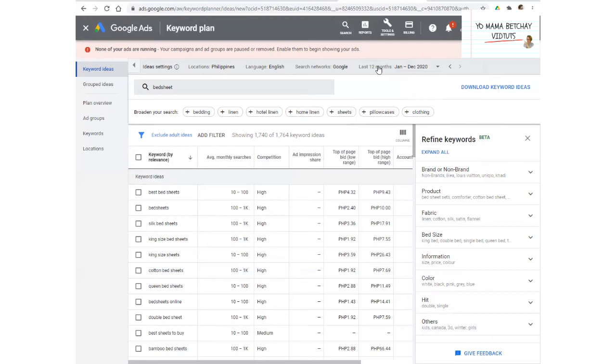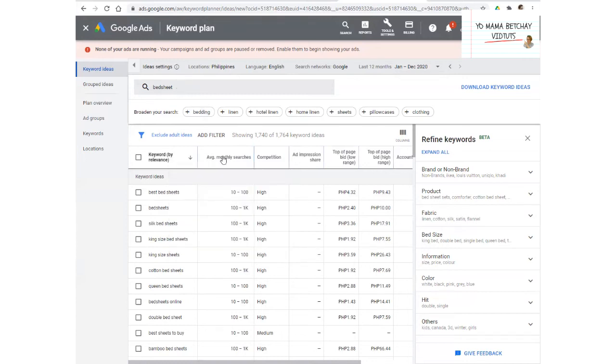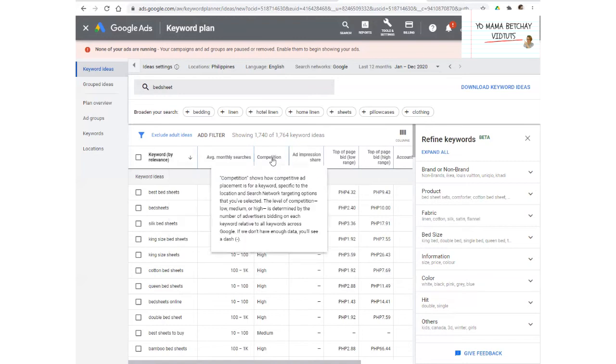We were not gonna select other period, but we will be sticking with the last 12 months because that is the data that I want to get sa bedsheet na product niche. Again, overwhelming siya, but we are gonna focus more on this search result. Yung average monthly searches ng keyword na bedsheet,